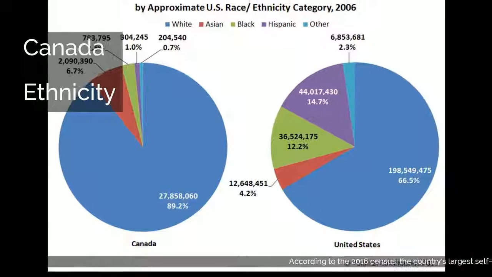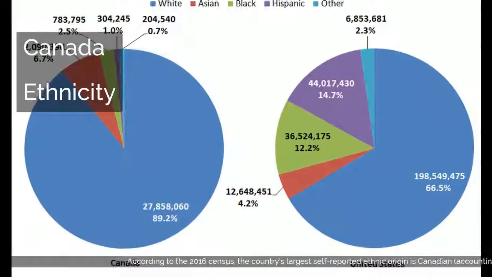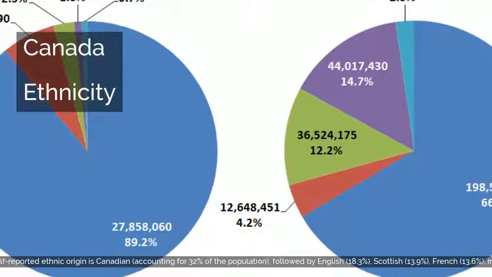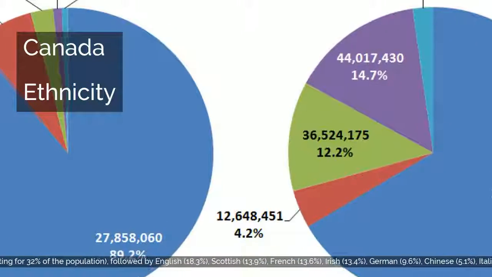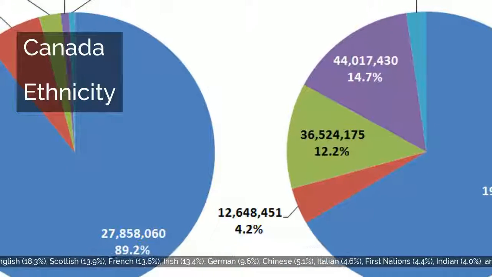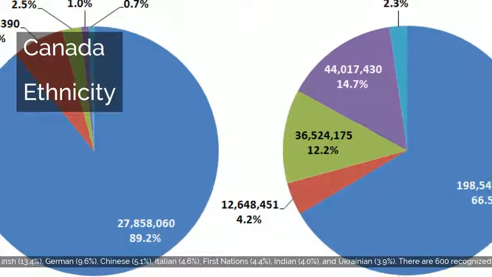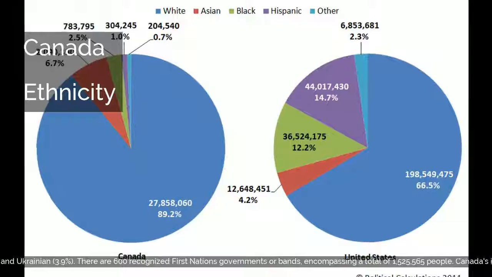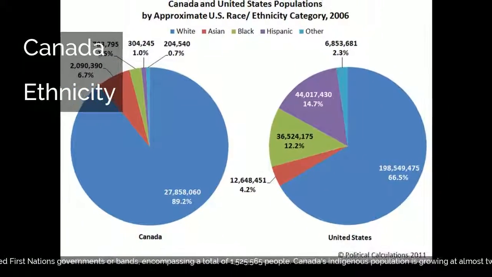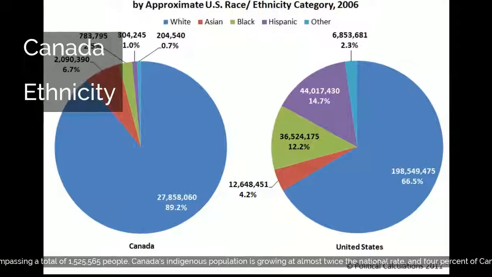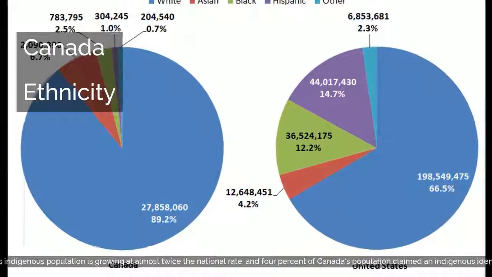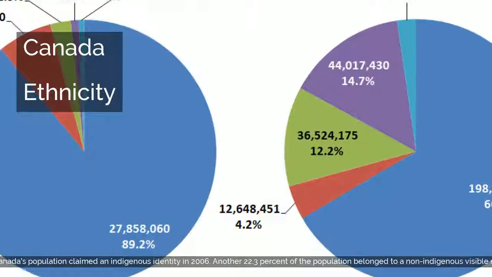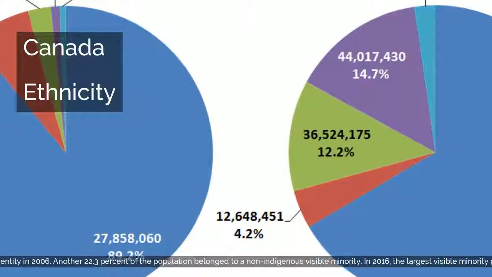According to the 2016 census, the country's largest self-reported ethnic origin is Canadian, accounting for 32% of the population, followed by English, 18.3%, Scottish, 13.9%, French, 13.6%, Irish, 13.4%, German, 9.6%, Chinese, 5.1%, Italian, 4.6%, First Nations, 4.4%, Indian, 4.0%, and Ukrainian, 3.9%. There are 600 recognized First Nations governments or bands, encompassing a total of